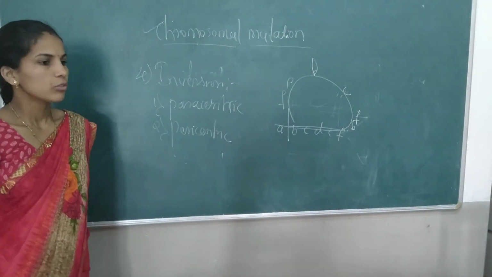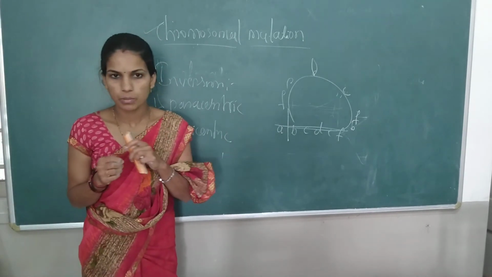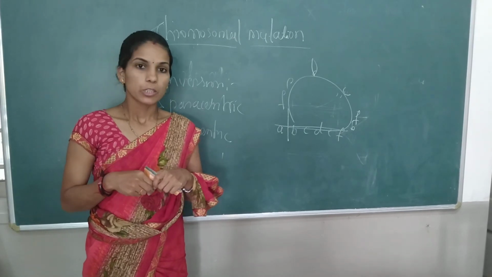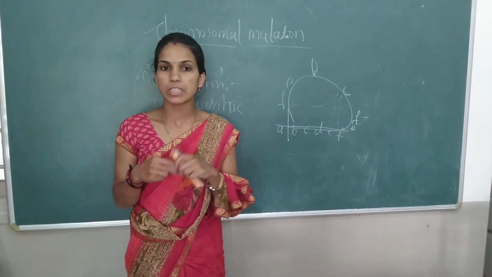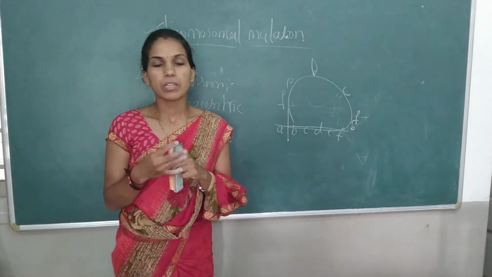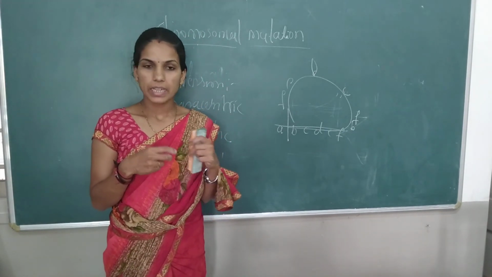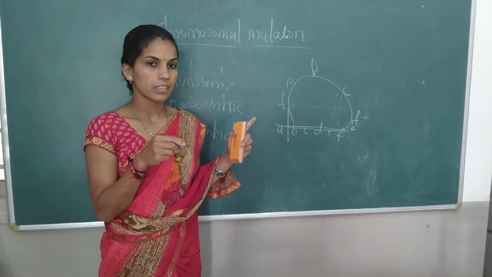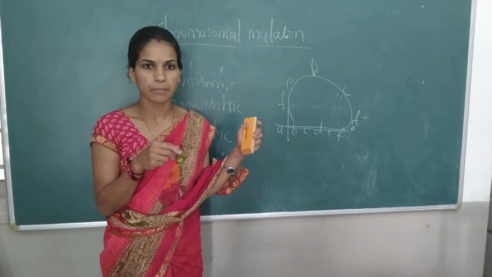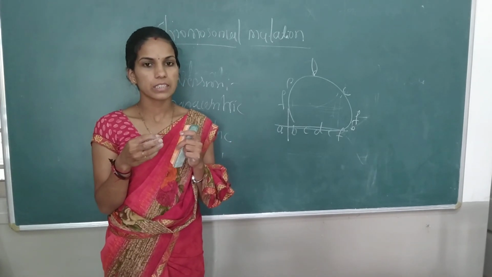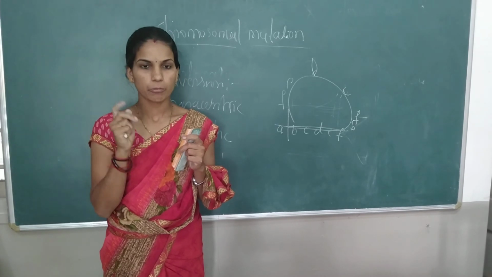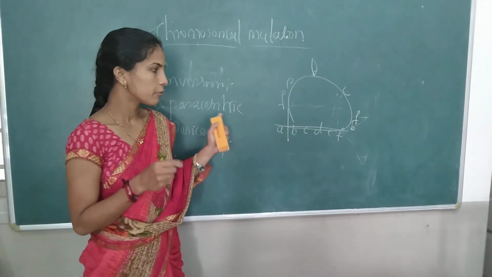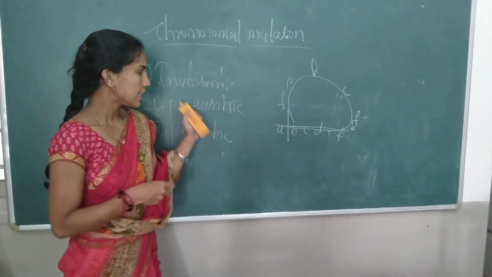Due to these mutations or chromosomal aberrations, different diseases occur that we call syndromes. You know the Cri-du-chat syndrome which occurs in babies. The baby will cry like a cat. Why does it occur? Due to the deletion of a segment of the fifth chromosome. I taught deletion or deficiency. If children have the deleted portion in the fifth chromosome arm, then that baby will cry like a cat. Like this, different syndromes occur due to these mutations.